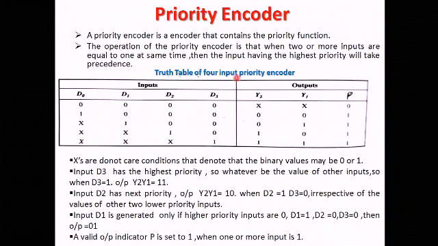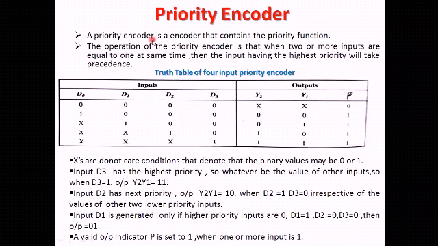Now we are going to discuss the priority encoder. This is a very important topic in the case of the encoder. So let us see why we need the priority encoder. First of all, what happens in an encoder circuit? Suppose 2 or more inputs are 1, without having only one input as 1. There will be some erroneous output in the encoder circuit. In this type of case, a priority encoder is used.